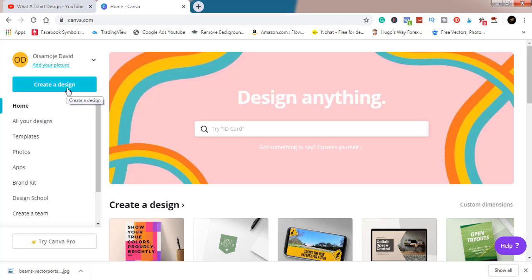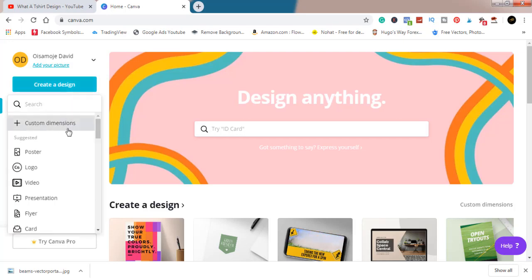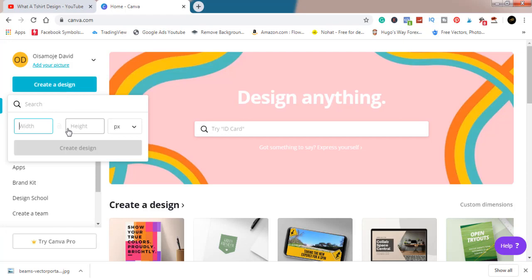So we create a new design, custom dimension. The standard for all is 500. Sorry about that. 500 by